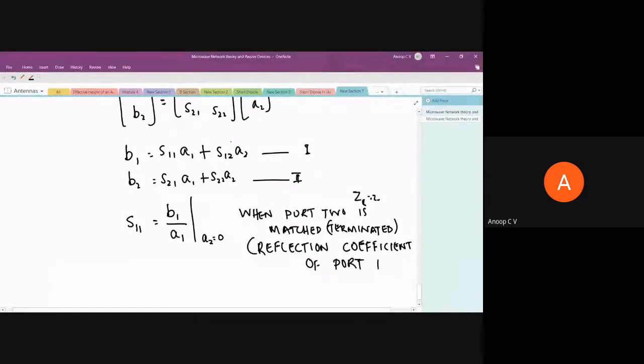It will be the reflection coefficient of port 1. So what you have to keep in mind is, when we were discussing the theory of transmission line, we were talking about reflection coefficient, VSWR, attenuation and all. But if you are referring to a data sheet or a description of any microwave device, you will find S11, S12, S21. With those, you will have to find the attenuation, the reflection coefficient, and different losses, insertion loss, reflection loss. All those losses you will have to find based on these S parameters.